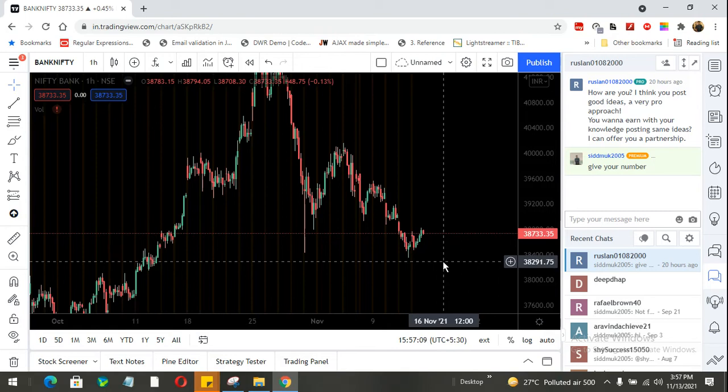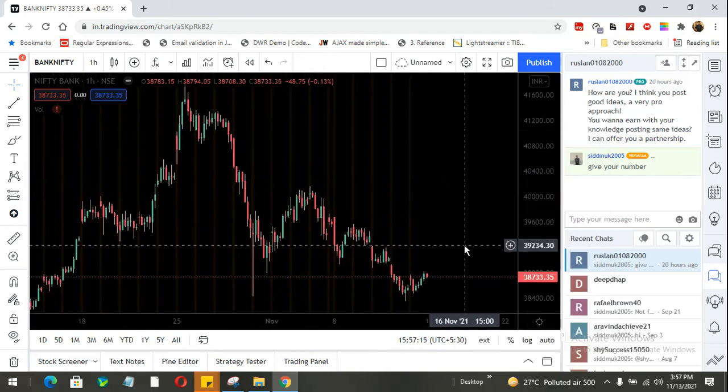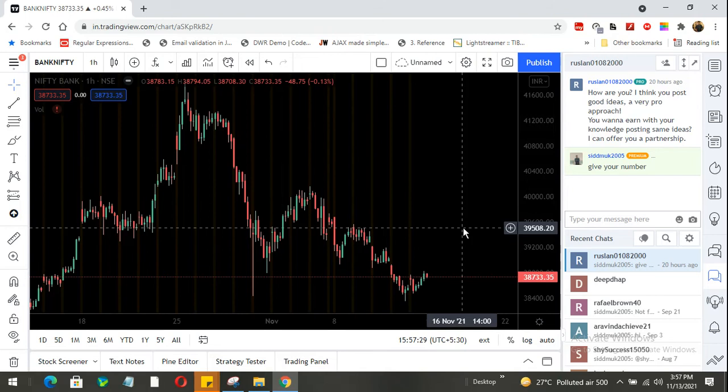Again, welcome to my YouTube, and in this session we will discuss candlestick patterns and how these patterns work for your money making. Today I will discuss two patterns in Bank Nifty. One is bearish engulfing and bullish engulfing, this is one pattern. Another pattern I will take as an example